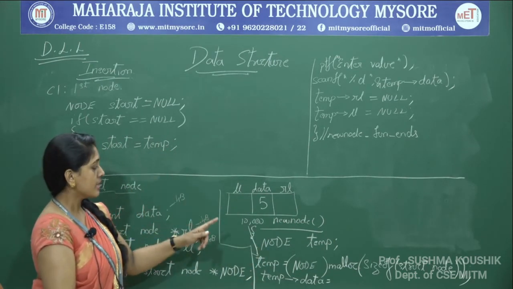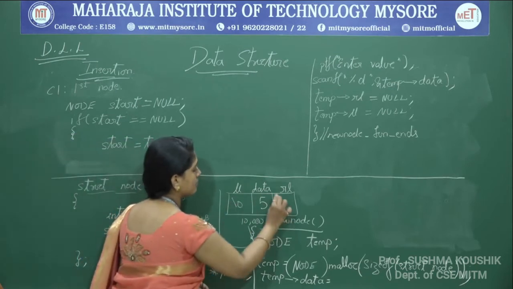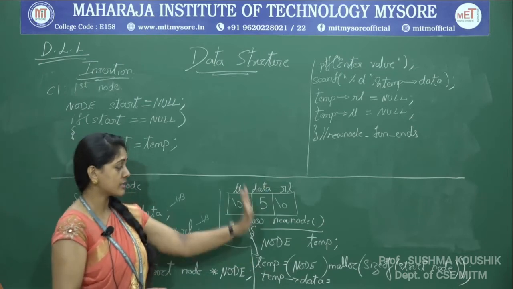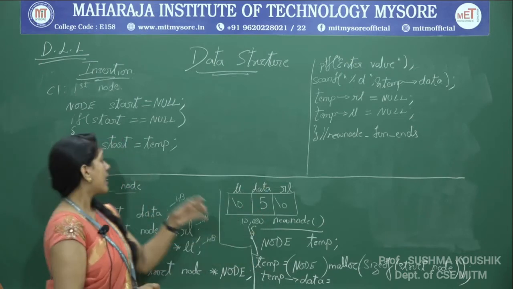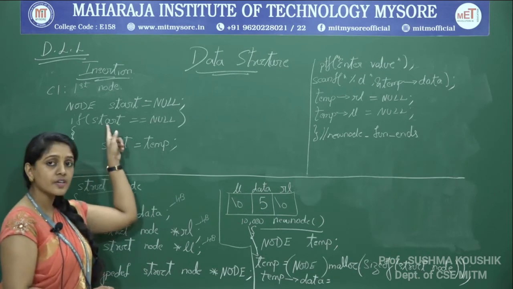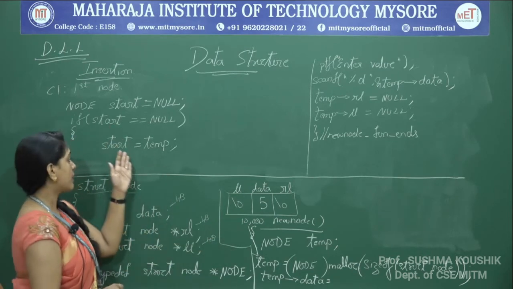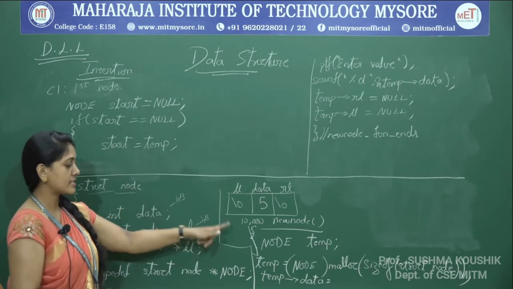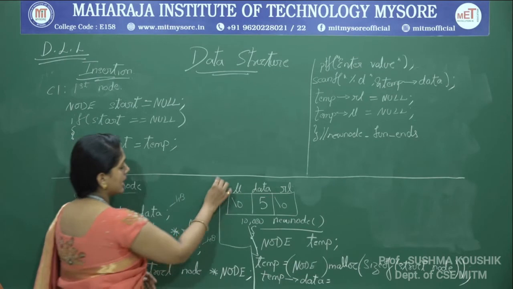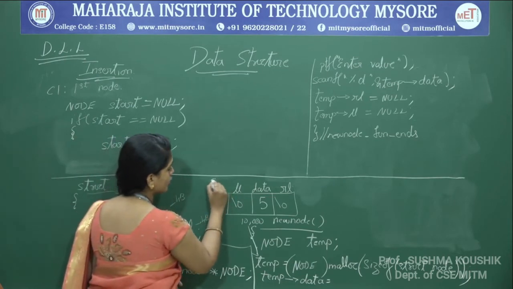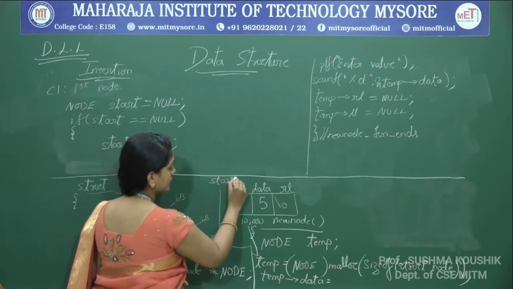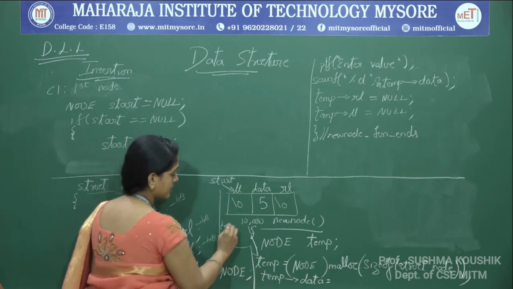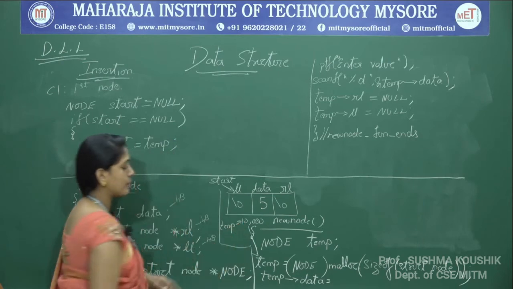Okay, so with this we have understood. Here I have put the null value, here we have put the null value. Once this new node is created, this is existing as such, and now I am checking whether this is the first node or the next node. I am taking this as the first node, so start is equal to temp. We have assigned this, so this becomes the first node, and the start pointer is also pointing here. Start is pointing over here, and temp is also pointing over here. Both the pointers are pointing.